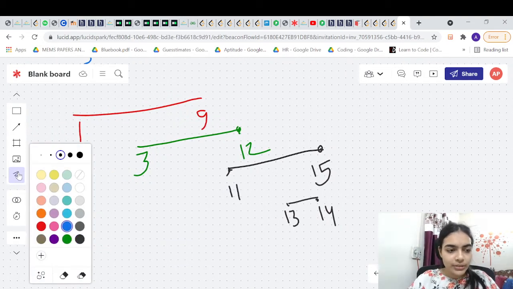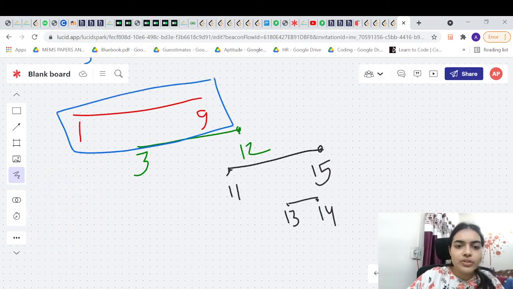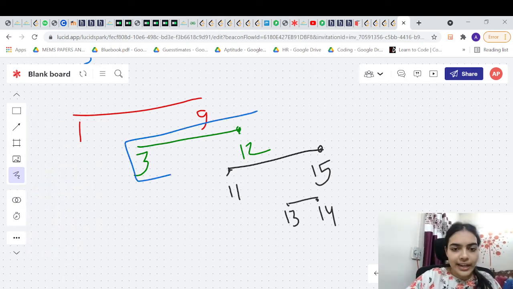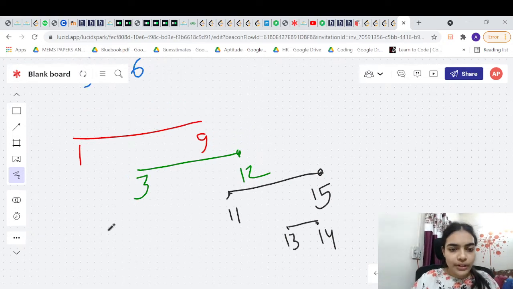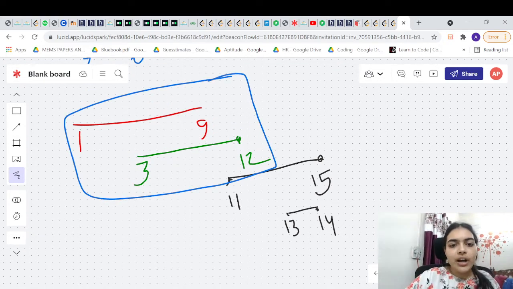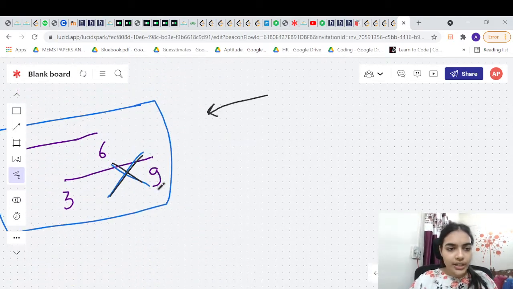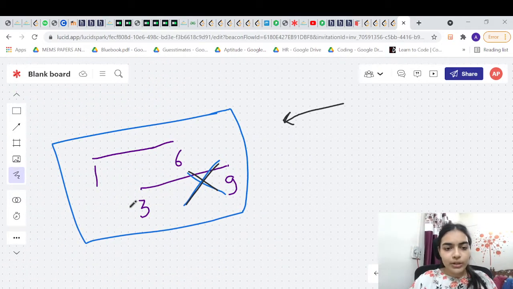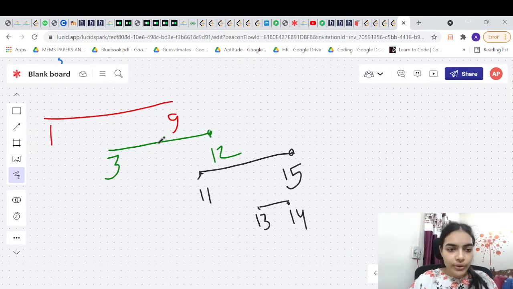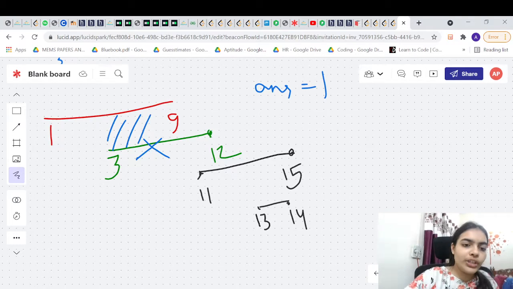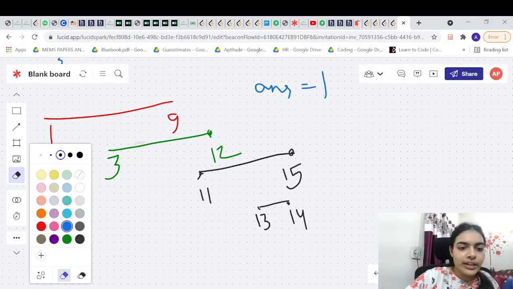So what is our algorithm? Let's compare two intervals one by one. So we are going to compare the first interval and the second interval. Now which case does this fall into? This is the case where we saw it is advantageous to delete the second interval. So it is similar to this case. In this case we are going to delete this interval, so our answer has become 1 for now. Both are overlapping, so you need to delete one of the intervals. So you will delete this interval.